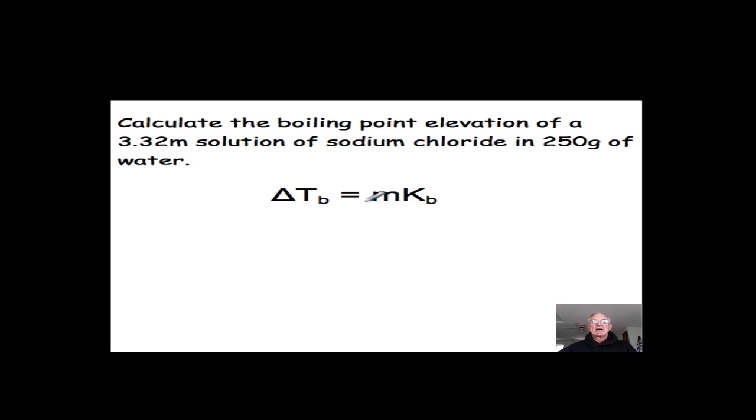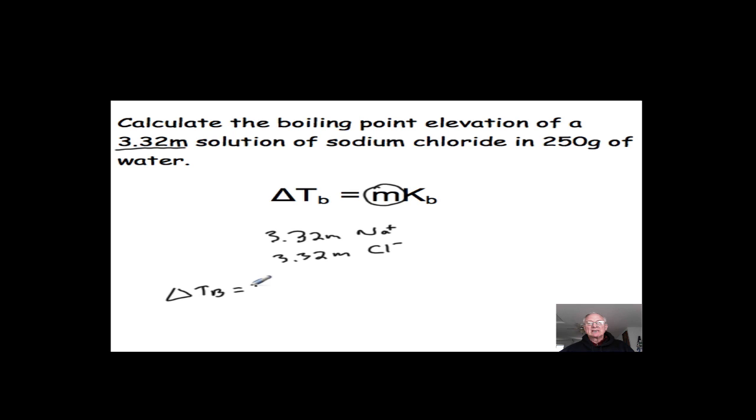Now, what happens is the molality of the NaCl is the same, 3.32, but when it breaks down, it produces a molality of 3.32 of Na positive ions and the same molality, 3.32 m, of Cl negative ions. As a result, there are twice as many particles in the solution as there were when we dissolved the glucose. So now, when we look at the problem, our change in temperature at the boiling point is going to